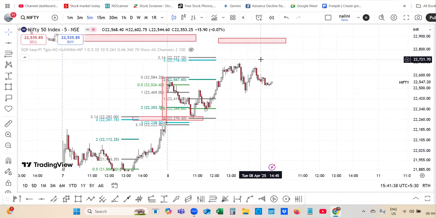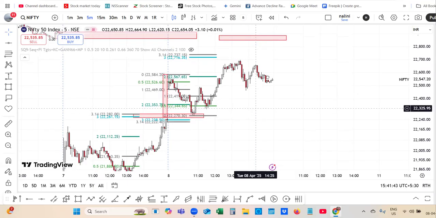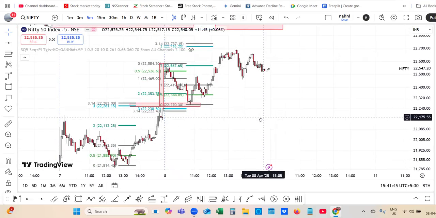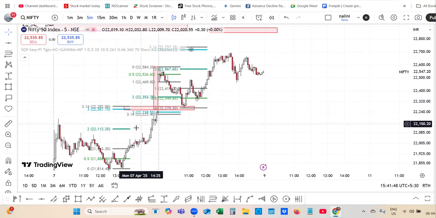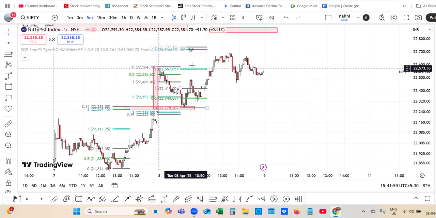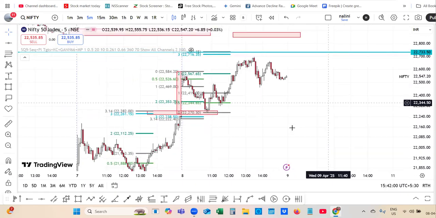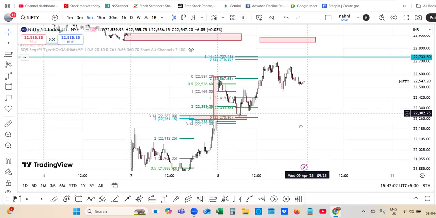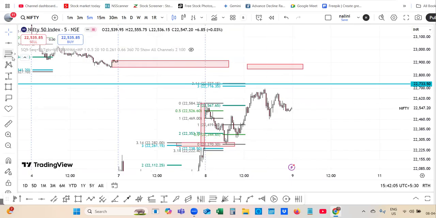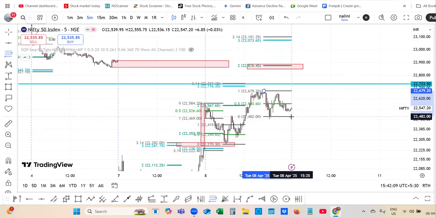So the market hasn't completed, see, one cycle. This is the second cycle. One cycle. This is the second cycle. And we need to see whether it is going to go above the third cycle or whether it is going to stall over here. Suppose if it starts moving from here,